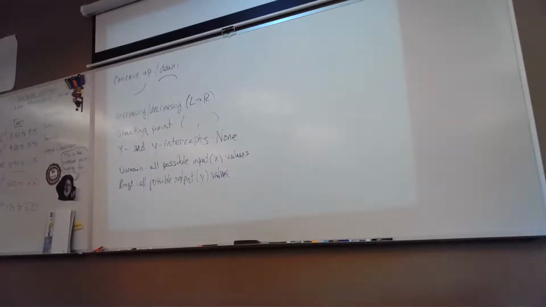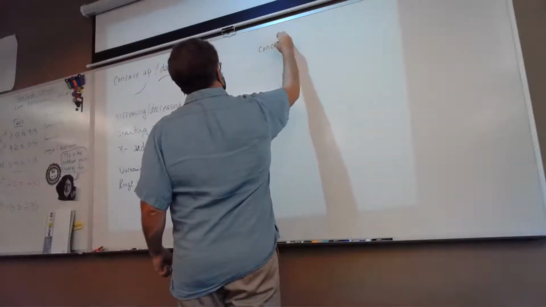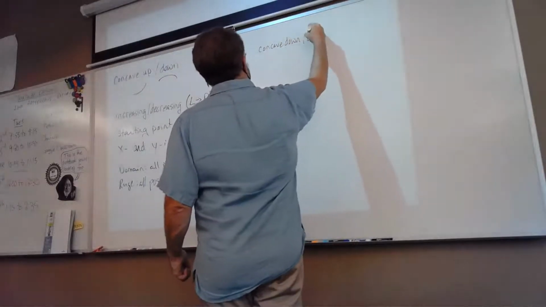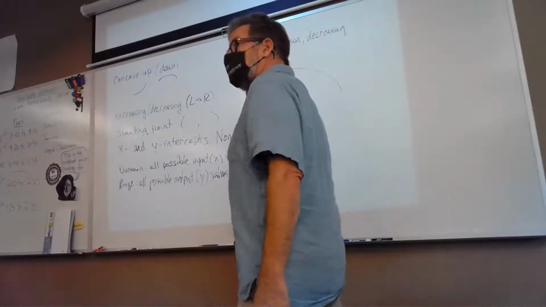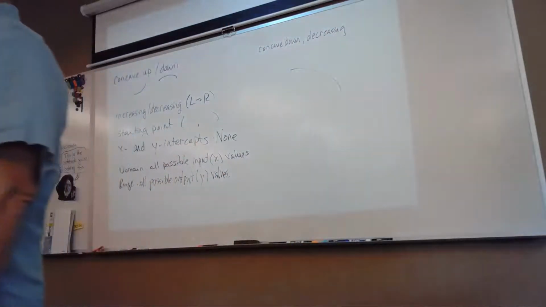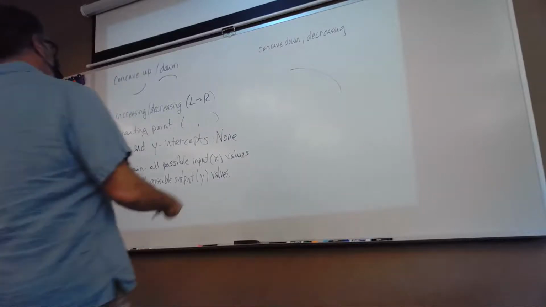If you tell me whether it's concave up or down, and whether it's increasing or decreasing, I can tell you the shape of the graph. Concave down, decreasing. Looks like that. Has to. Now, I don't know where on the graph it is. I don't know how steep it is, but I know that it looks like that. One way or the other, that's its shape. Okay? Starting point,